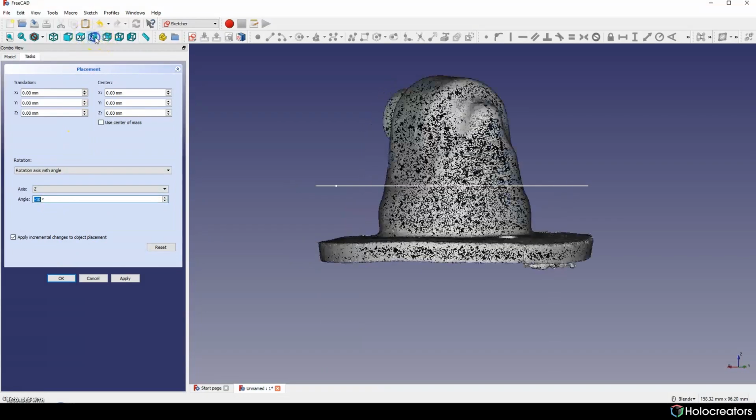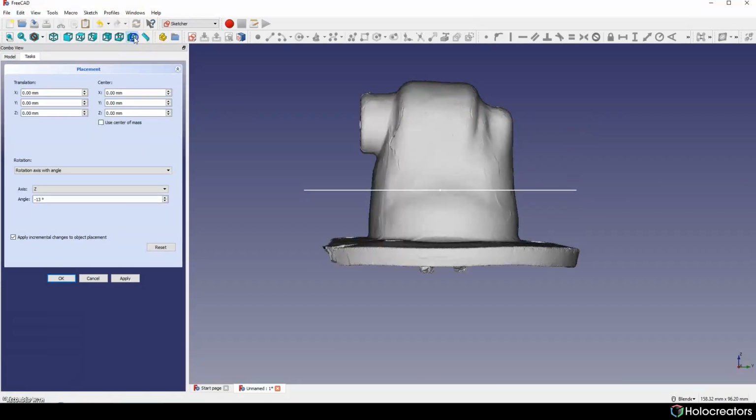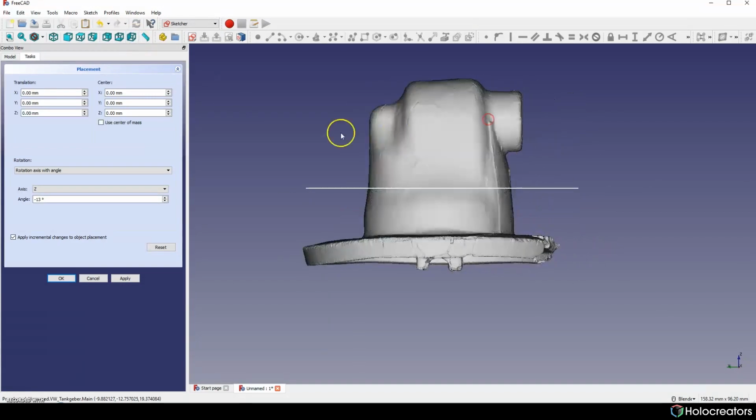I will try to switch to different views to get it as perfect as possible.